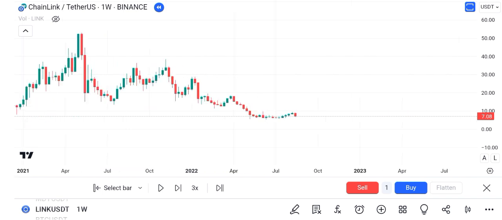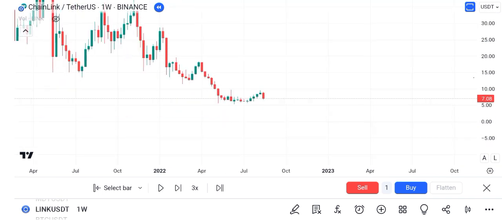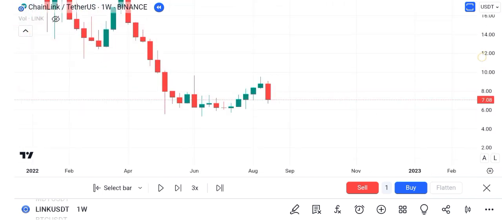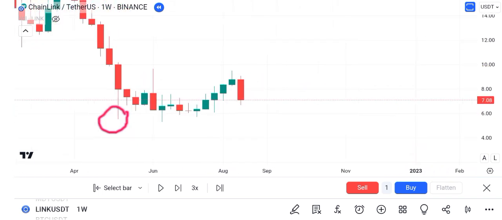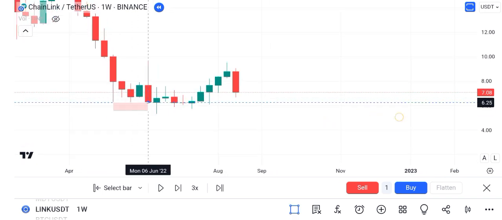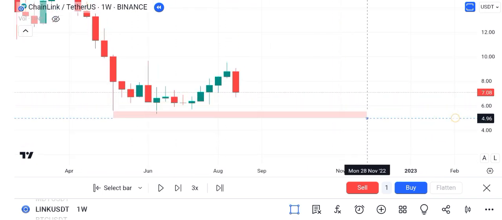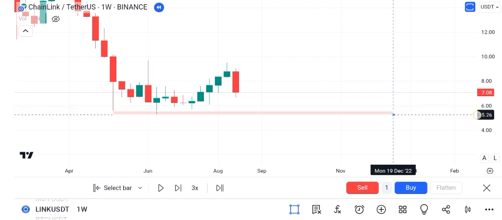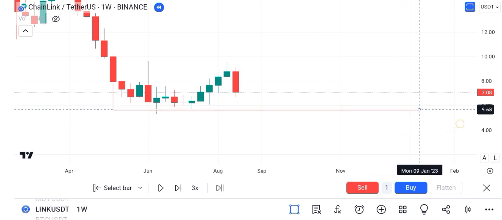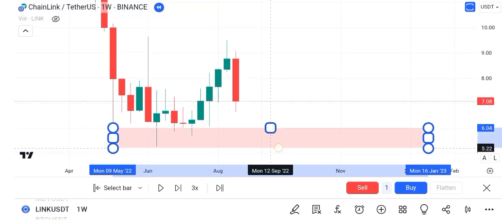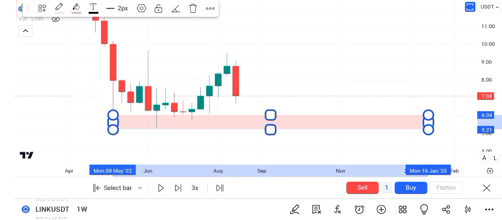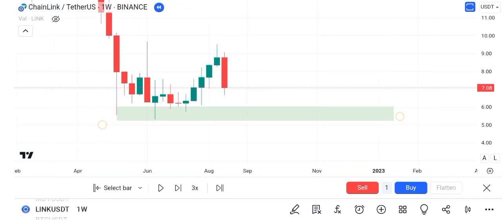What is a support? A support is a zone or a point from where the price of a particular asset takes a bounce. For example, I saw that the price took a bounce from this point. I again saw that the price took a bounce from this point. Since it bounced from these zones, I will mark it as a support zone, a zone from where the price takes a bounce. So I can expect that in the future, whenever the price comes near and touches the support, it will bounce again. So we will change its color to green because our support is always green.